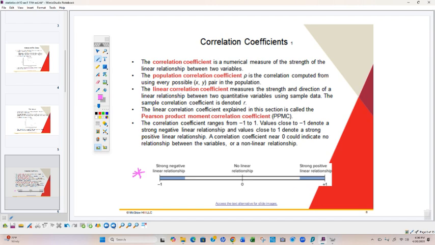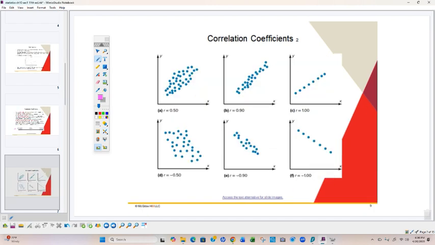That's why they don't give you a cutoff number. This is just examples of what a 0.50 would look like for a correlation coefficient, which is called R. This is a 0.90. This is a 1. This is a -0.50, -0.90, -1. The ones are almost impossible in real life, but